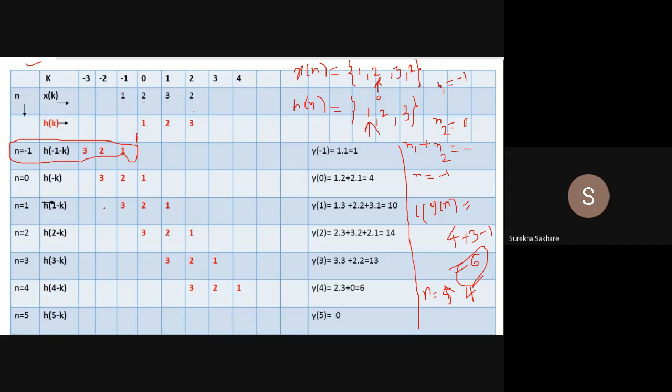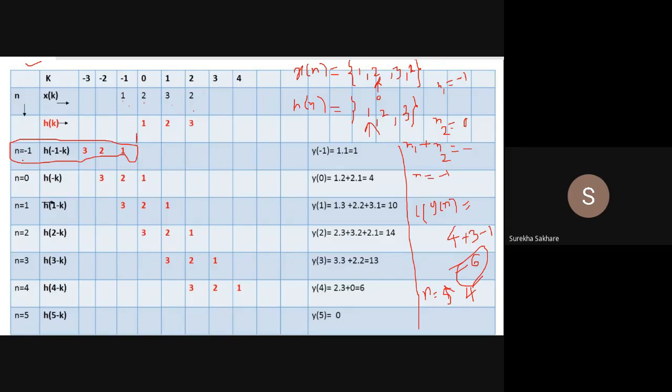Okay. So just see that h[-k]. Otherwise, what you'll do is if you find h[-k] in the beginning and then you go for the next value, h[-1-k], it doesn't sound good. So that is why I have left some space here. So in the beginning only I left some space, and the flow I am there with the shifts. h[-k] is the mirror image of this, holding the h[k] at the 0. So 1 is as it is intact, 2 will come here, 3 will come here. I think you have drawn also.